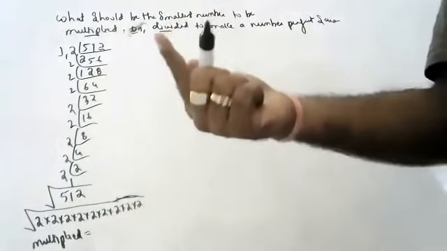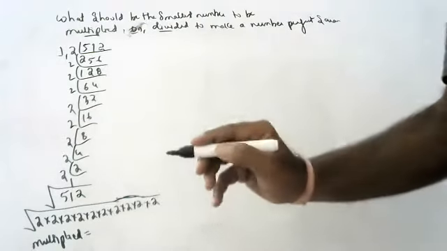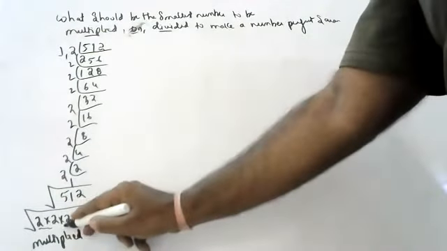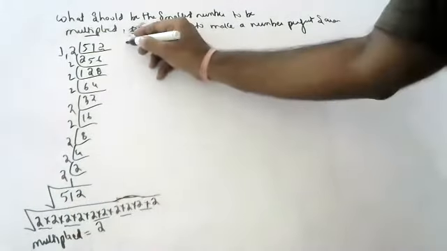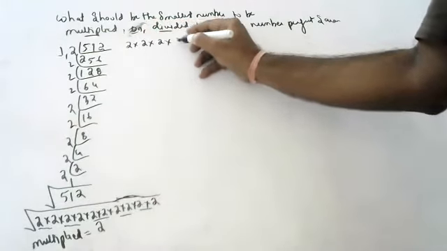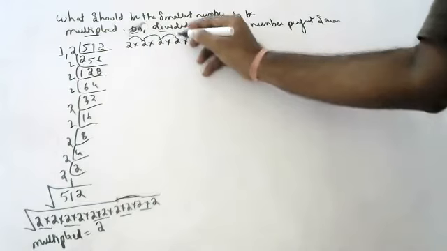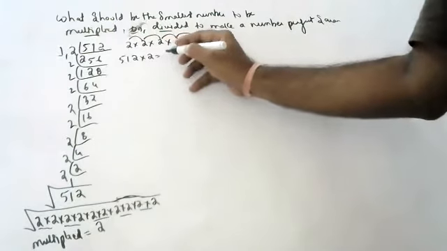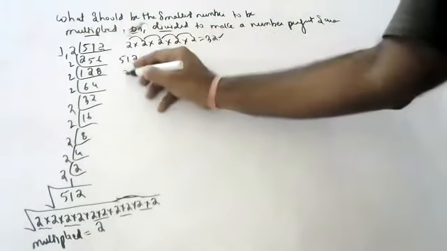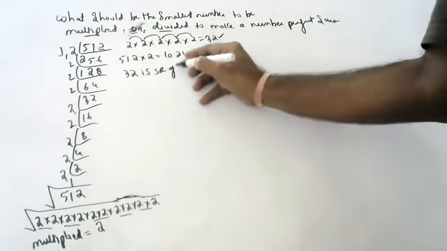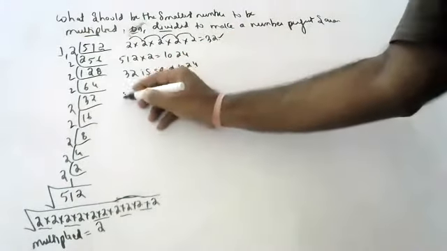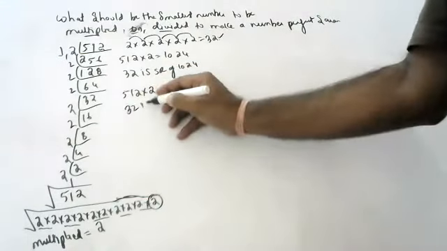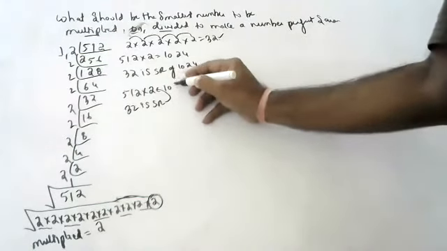What should be one more number? Said 2 only. It should be multiplied with 2. If you would have multiplied with 2, then what happens? Five 2s would have come outside. 2 to the 4, 4 to the 8, 8 to the 16, 16 to the 32 it would have become. And 512 should be multiplied with 2, I said no. So it is 1024, and 32 is the square root of 1024. Children, try to understand. 512 should be multiplied with 2 so that 32 is the perfect square root of 1024.